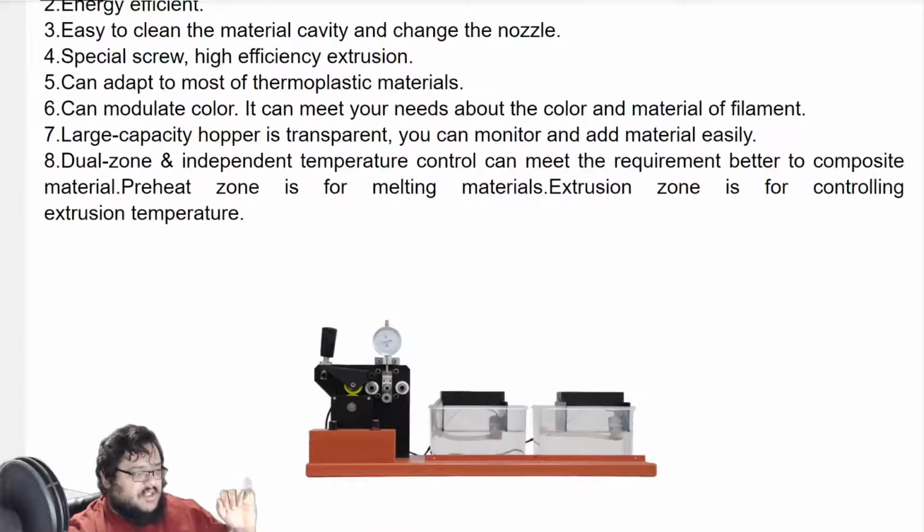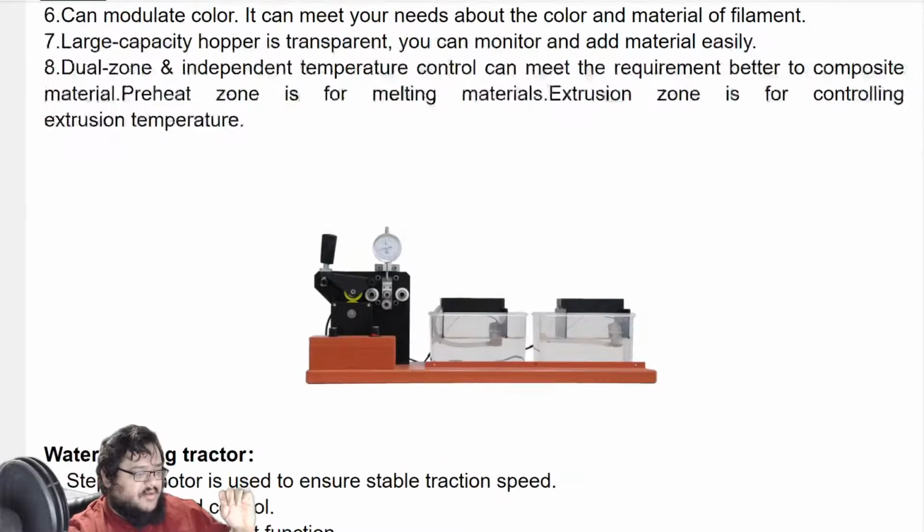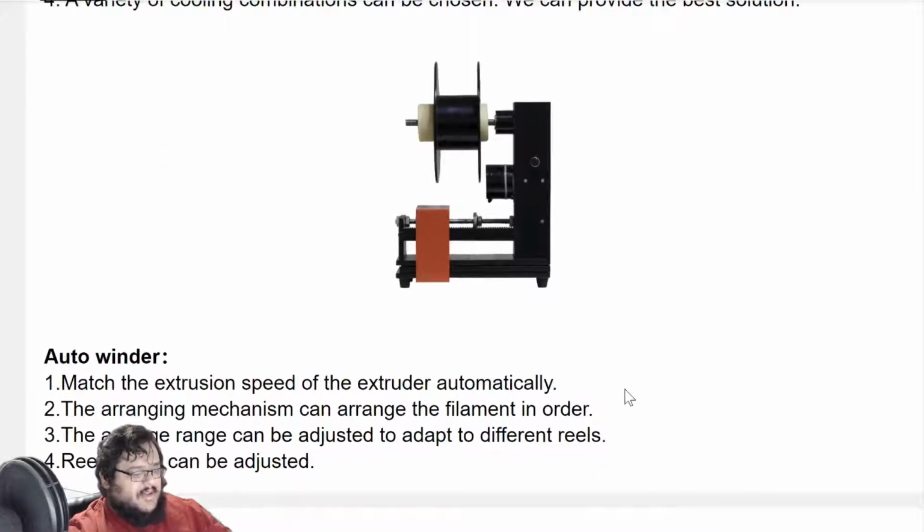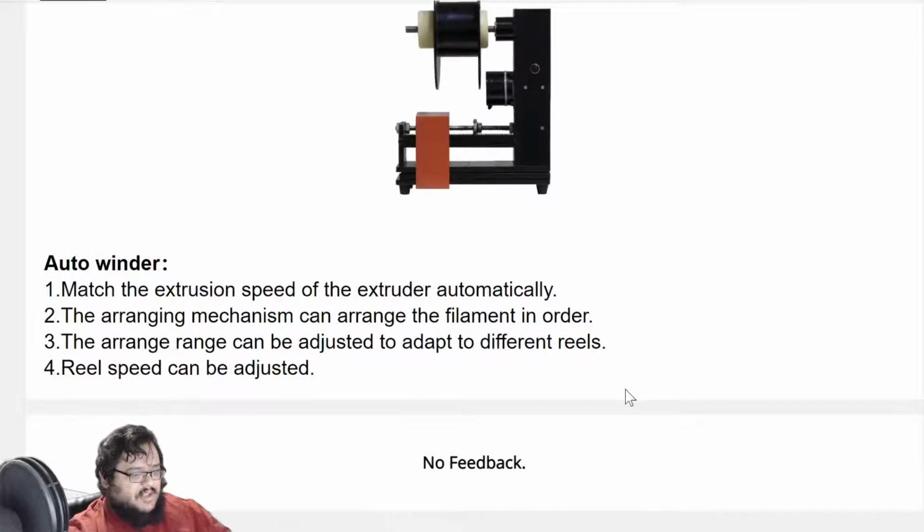So that's interesting. Water cooling tractor. Okay, this is interesting. Stepping motor is used to ensure stable traction speed. So online measurement function, a variety of cooling combinations can be chosen. We can provide the best solution. Very interesting. So, I mean, there's definitely different machines out there that do these things, and there are ones out